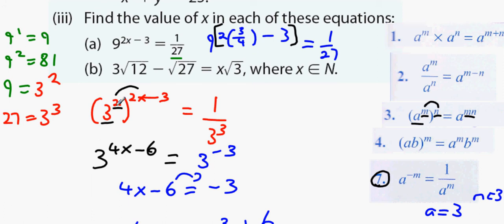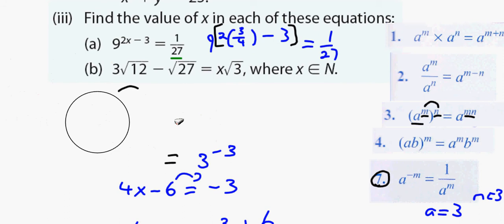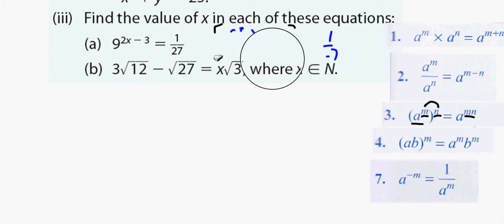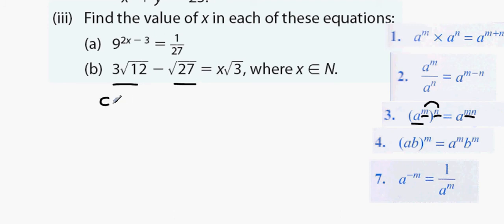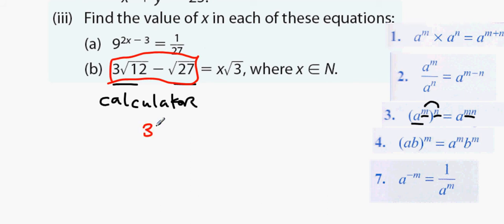The third questions are actually very easy. All you've got to do is be able to use your calculator, to be honest. So all you've got to do is enter this into your calculator exactly as it looks. So 3 root 12 minus root 27, just use your calculator, guys. So you're just going to put all this into your calculator, and the answer you get out is 3 root 3, and you know that this equals x root 3, therefore x is equal to 3. It's that easy. Next one, we're going to simplify this, and as before, 2x minus 3